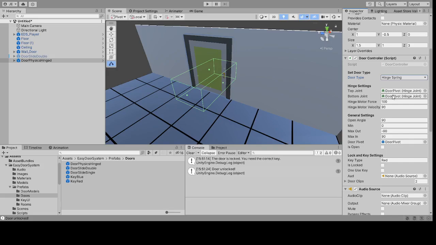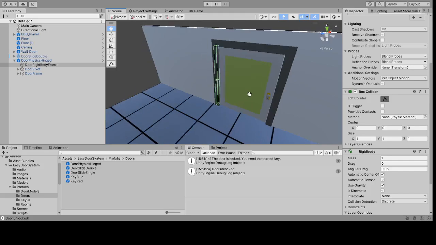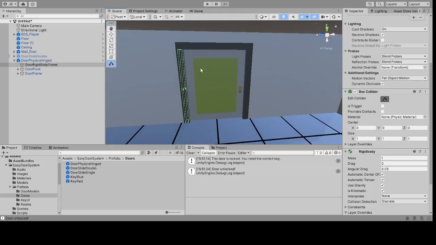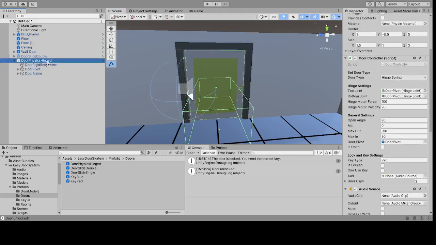I already have the hinge settings and so forth set up. You should not have to mess with these. But now you can change the force at which it opens and the velocity. You can also change the angle at which it opens. The door pivot is an asset that's inside here. Now every physics door, if you know, it has to have a rigid body. So included is the rigid body, which is going to be for this spring. And as you can see from